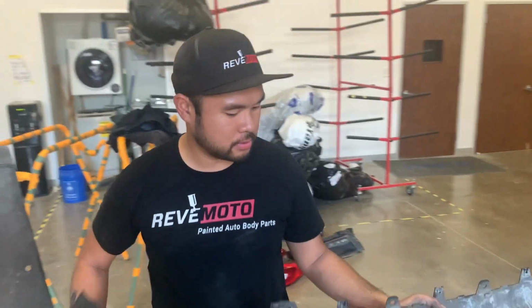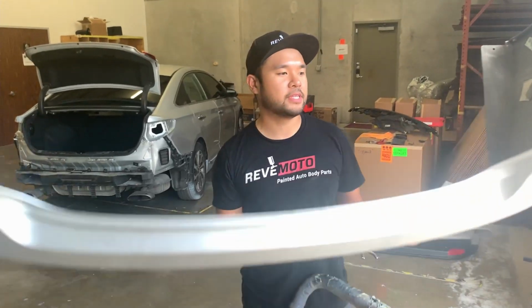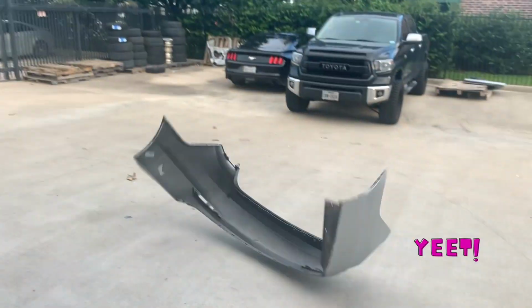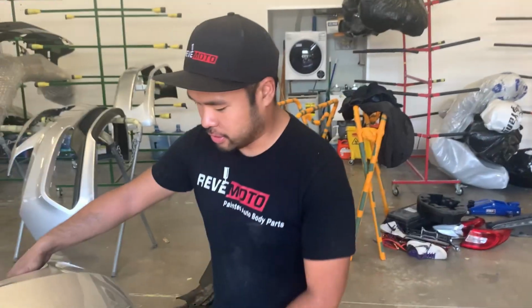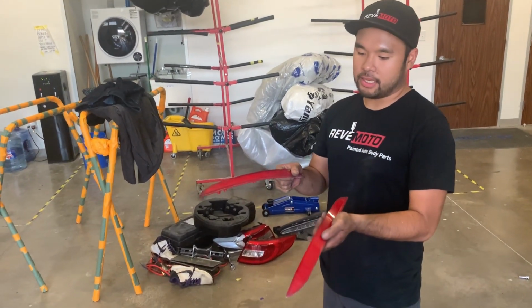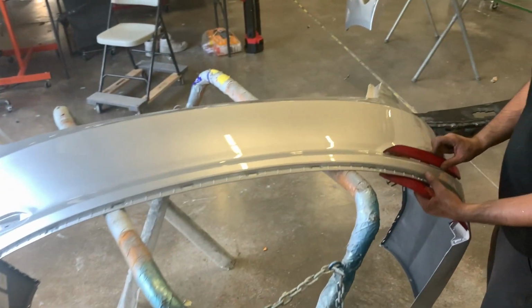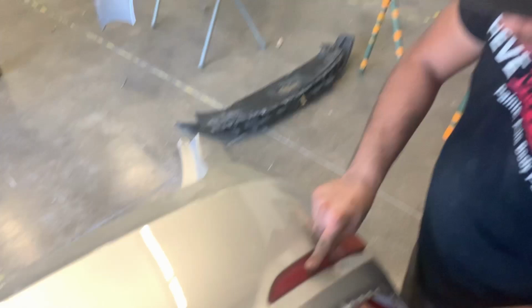Okay, that's it. And now we're done with this bumper. Yeet. Transfer everything over to this bumper, and now we're putting back the reflectors onto this bumper painted by ReveMoto in platinum silver metallic, the OEM color for this Hyundai Sonata that we've been working